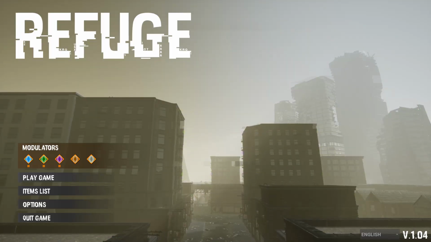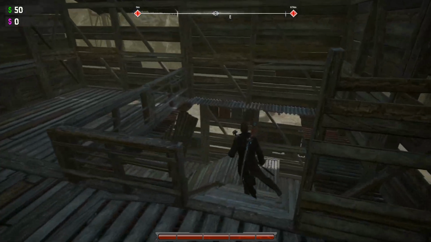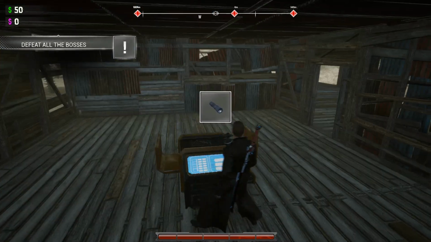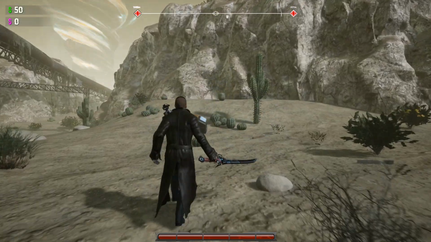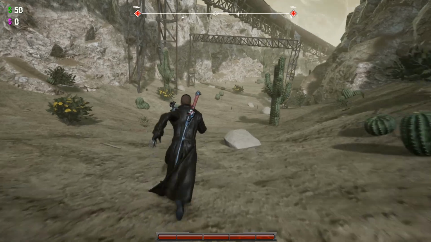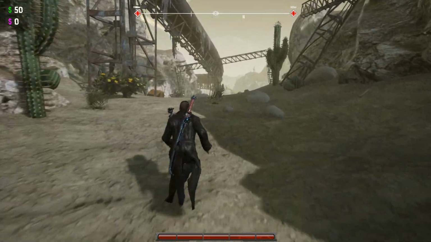Yeah, I died. I wish I could offer some kinder words here, but this is pretty problematic. Decreased max health increases melee damage. Great. Why would a flashlight do that? Yeah, I found a box that had bonus damage to robots, and then I met a robot, so that was nice. But fundamentally, like,